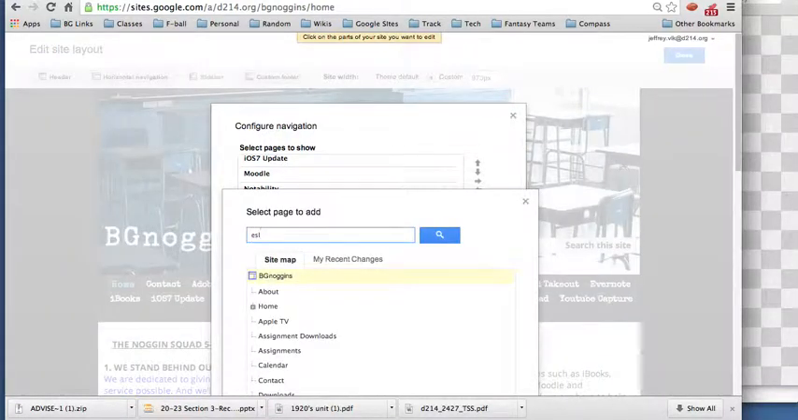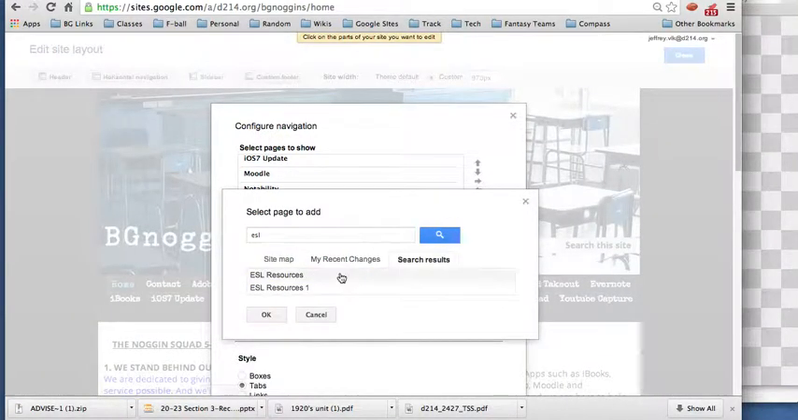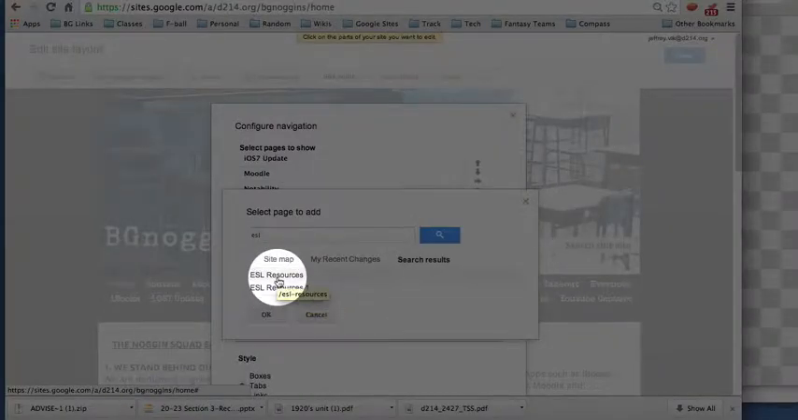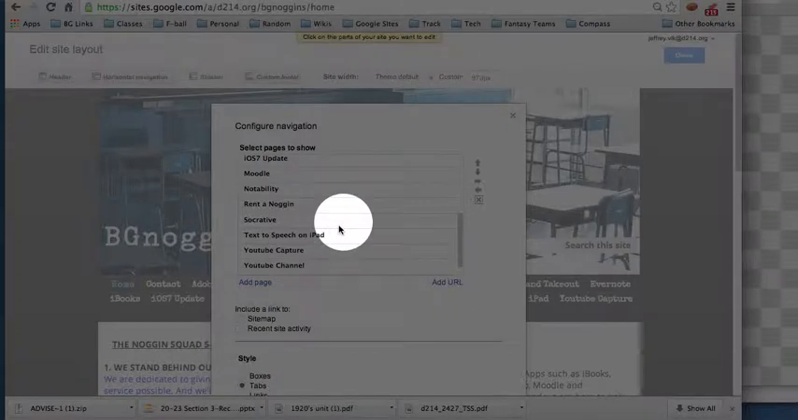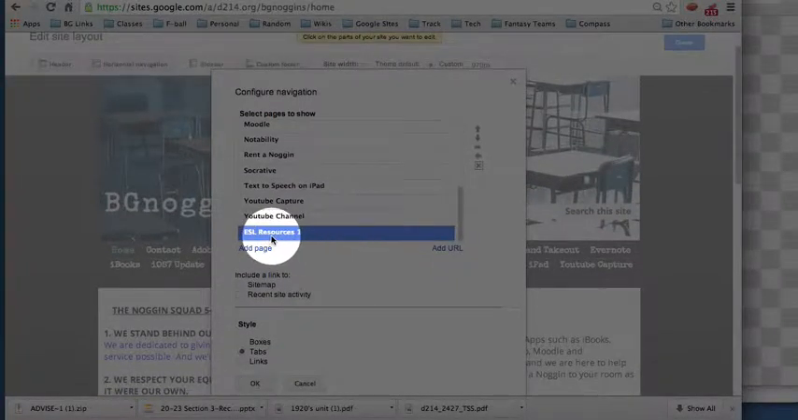Now if I search ESL and do a quick search, it will pull up different resources. Now the page I just created was ESL Resource 1, so this one was from something else. So I'm going to make sure I click on that, and then make sure you click on OK. What will happen is it'll put ESL Resource 1 at the bottom. Now I can take that. Now I have mine labeled alphabetically, but I'm going to leave it at the bottom so it's easy to find